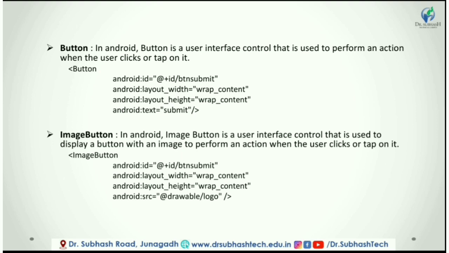You can set the button's image dynamically by calling setImageResource or by modifying the XML layout file. So this is the syntax of ImageButton in XML.